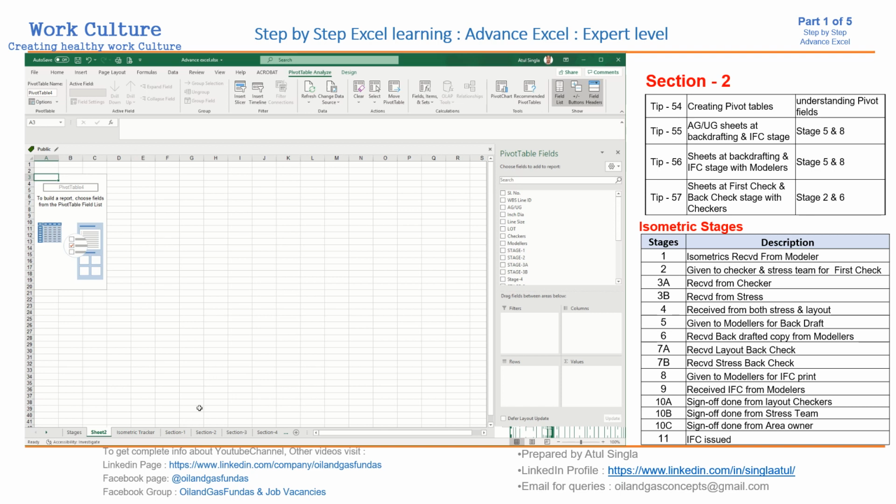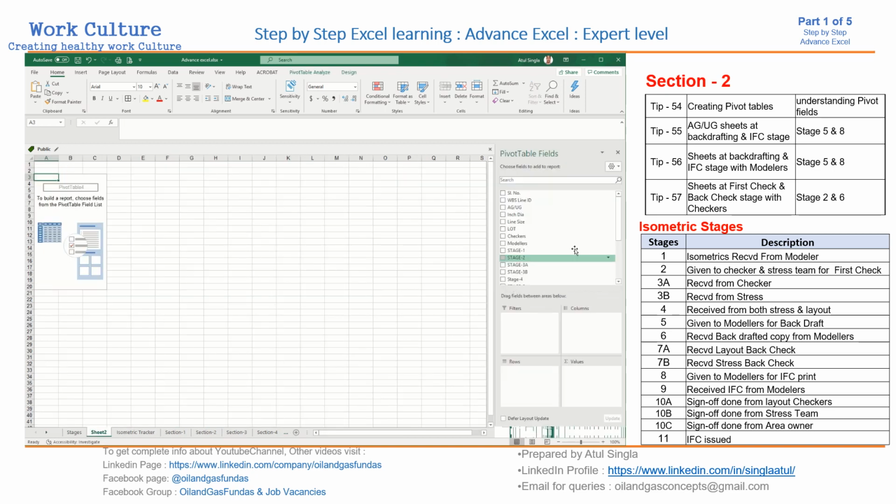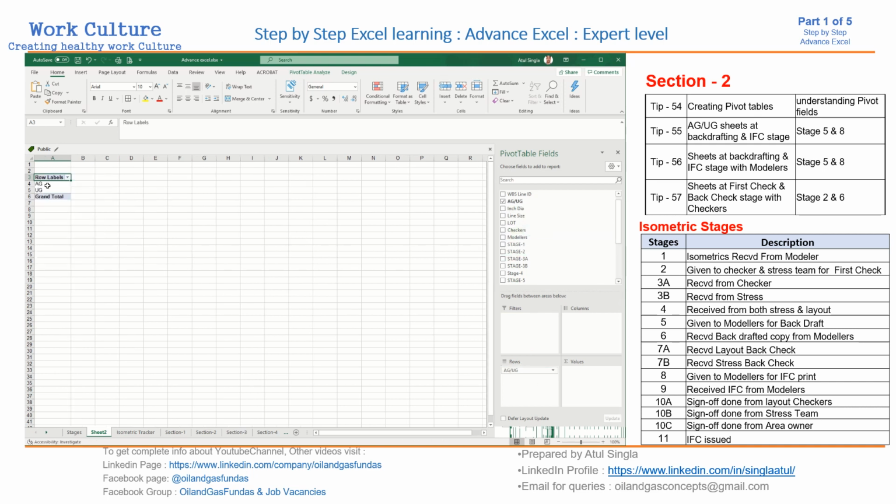So first let us see what our agenda is. We are going to check how many above ground and underground lines are there at backdrafting stage and at IFC stage, that means stage 5 and 8. So what we are going to do, we are dragging this into the rows. Above ground, underground, this is the first category which we want to see.